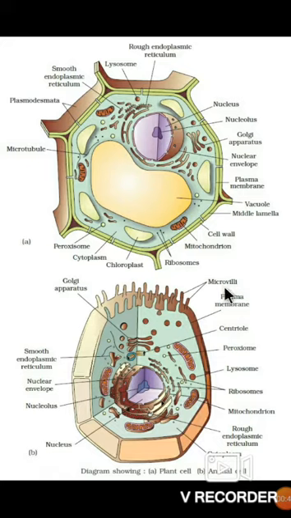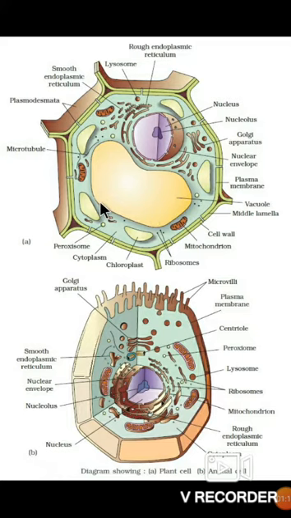The plant cell and animal cell are more or less similar, but they also have some structural differences, and today we are going to explore those differences. In a basic way, animal cells are a little bit smaller than plant cells. So the cell structures are a little bit smaller in the case of animal cells.